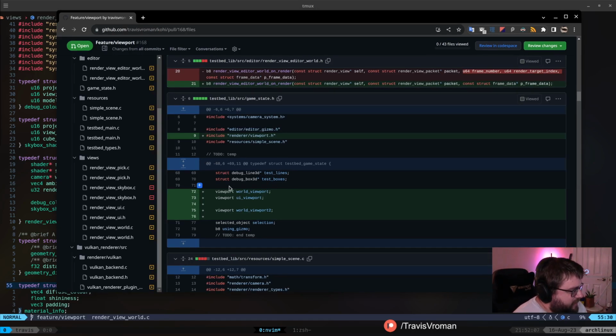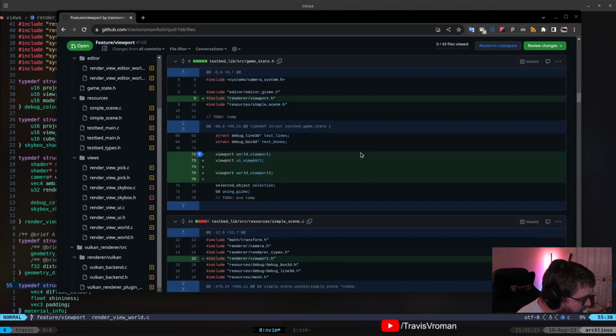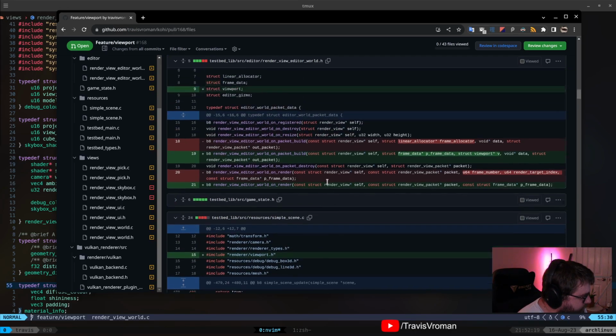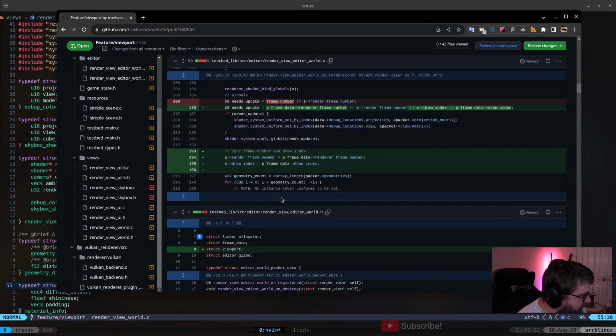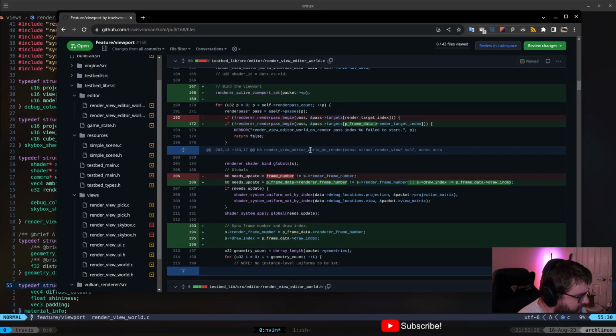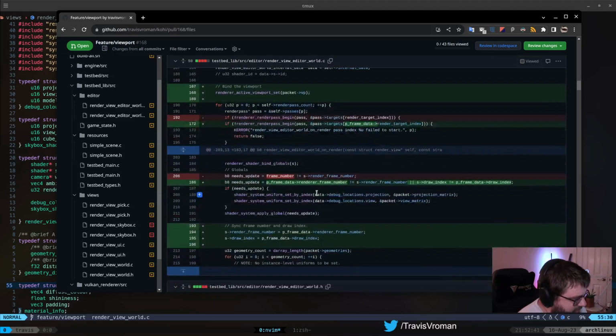So back to this. That is our 3 viewports, right? So right there. So that is the change to the game state. And then we'll take a look at the editor view world so that we can knock this out, right? And all this is, I believe, just the interface change. So we were taking the frame number and render target index, and now that stuff's already present in the frame data. So we just got rid of those and repointed these, right? And I think that's literally the only